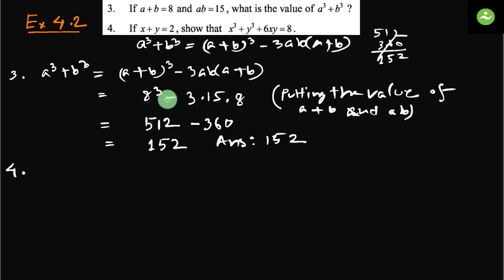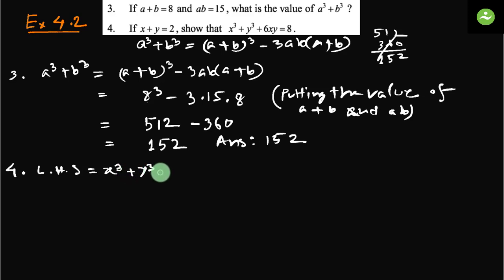If x plus y equals 2, show that x cube plus y cube plus 6xy equals 8. Here we have to prove the left hand side equals the right hand side. So let's take the left hand side. Left hand side equals x cube